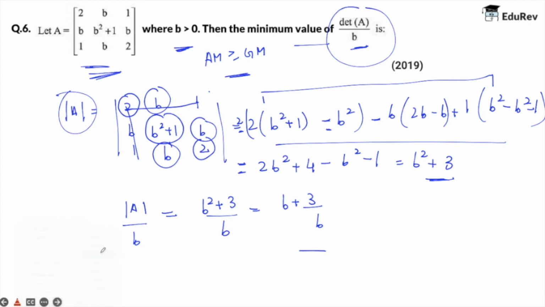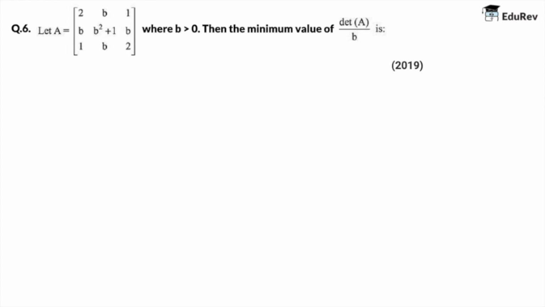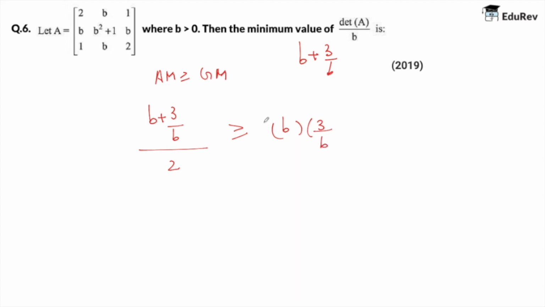In this case, we need to find out AM greater or equal to GM. The value which we had was b plus 3 by B. So AM will be b plus 3 by B upon 2, which should be greater or equal to b into 3 by B